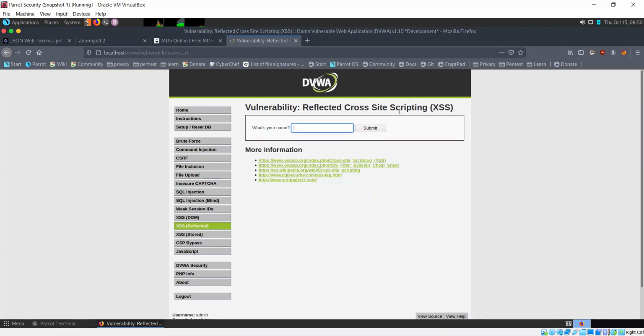With reflected cross-site scripting, whatever your script is, your malicious code, gets reflected off of the server, and your script runs in the victim's browser. So with reflected cross-site scripting, this is only going to work if you send someone a link with the modified script in it.